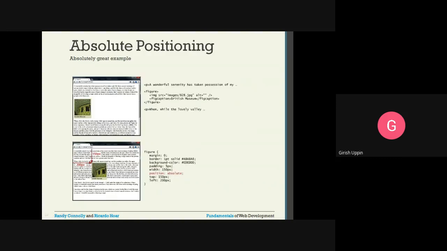This is the one example we have, and this is the normal flow, and you can see this is the absolute flow. When you say the position as absolute, it has moved 150 from its container. It is not in normal flow. So whatever its ancestor container is, from that corner, here you can say the browser viewport, from this point it will move 150 pixels from the top and 200 pixels from the left. So this is how the image will be positioned.